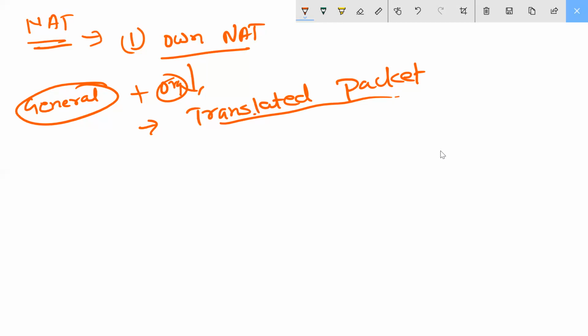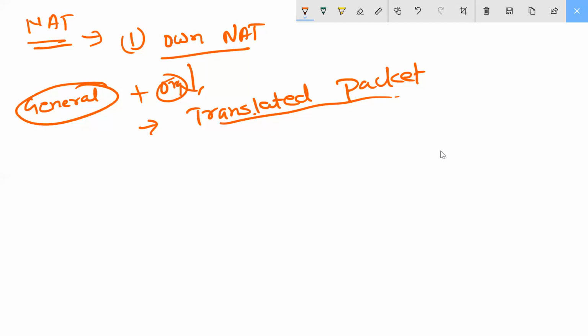I have two policies inside NAT: inside to outside and static NAT. First, inside to outside. Then I come to general, original packet, and translated packet. By default, what is there inside translated?